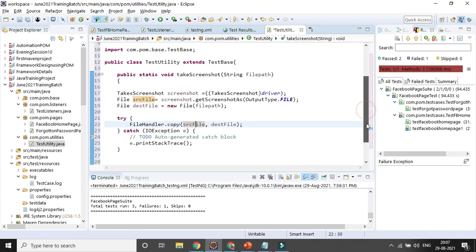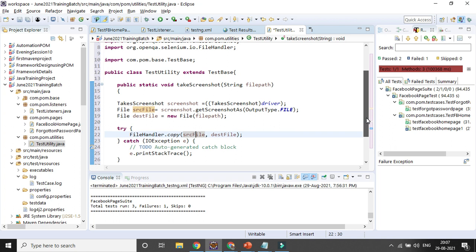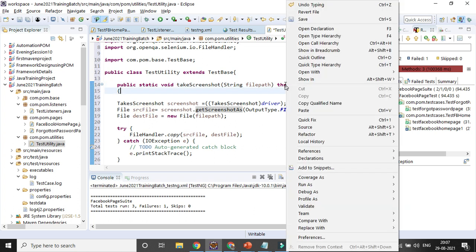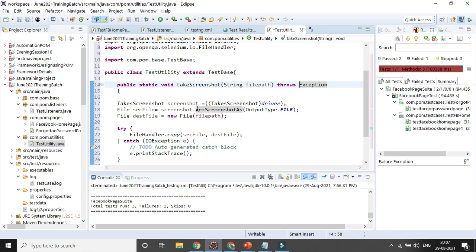Let's throw some exception also here, so that we avoid any kind of error. This is the general exception I can provide, throws Exception. And this is surrounding with try catch block. So that is done. That is the utility I am creating for capturing the screenshot.